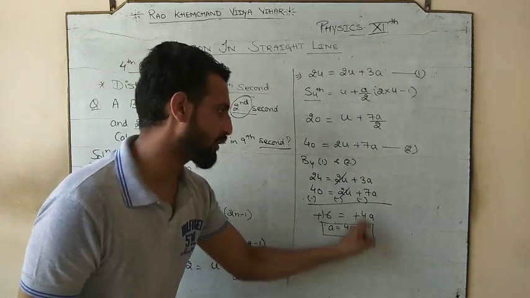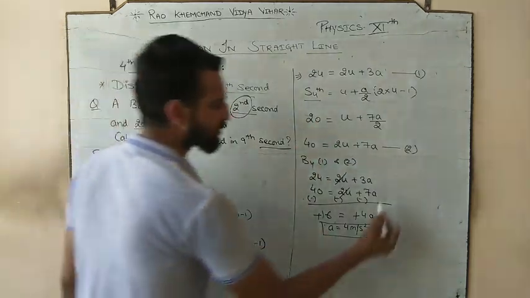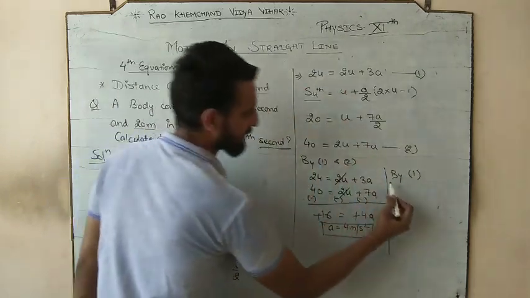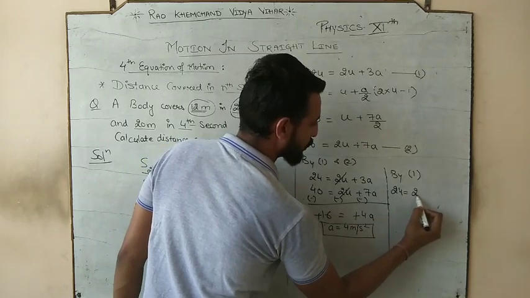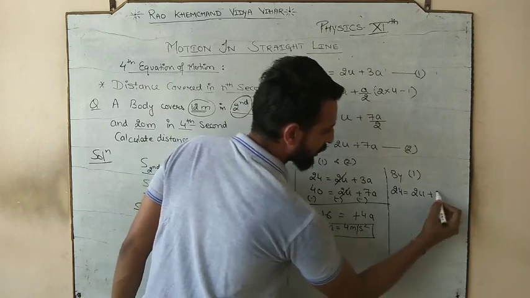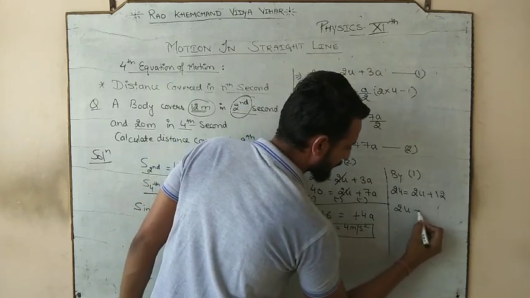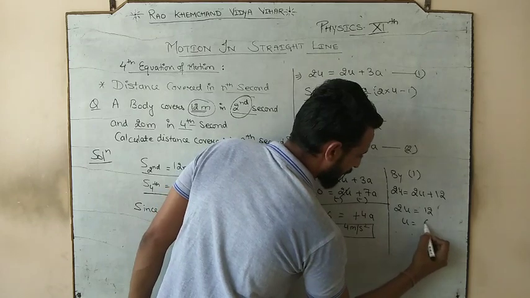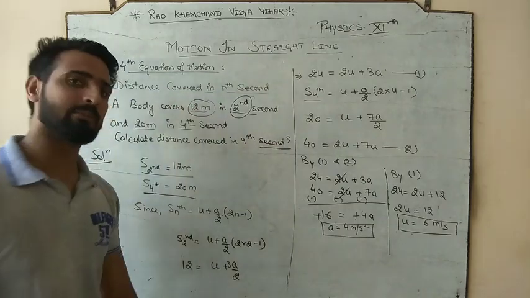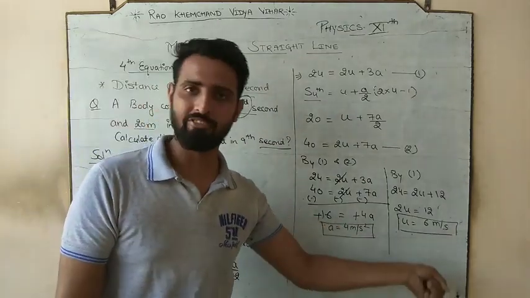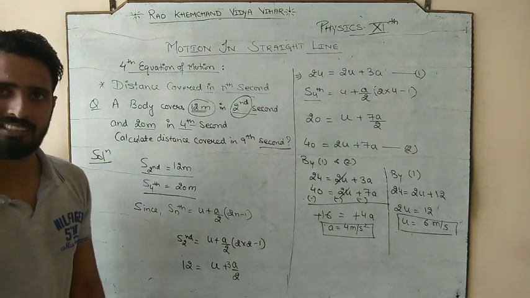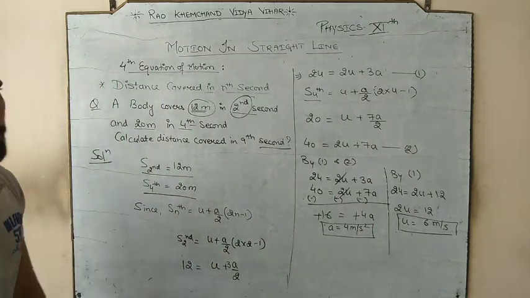And since we have the value of a, can we have the value of u by using any equation? So let's suppose I am using the first equation. What was the first? 24 is equal to 2u plus 3a. And what is the acceleration? It is 4, so 3a is 12, or 2u is equal to 12, or u is equal to 6 meter per second. Okay, you have to be pretty specific about the unit. It says velocity, so it should be meter per second, and since it was acceleration, it should be meter per second squared. Now, the answer is not yet finished.